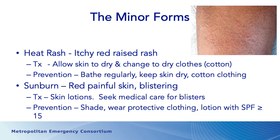Just talk about some of the minor forms of heat-related illness. Heat rash is out there. It's kind of like an itchy red raised rash, similar to what I've got there as a picture. You may see little what appear to be pustules or milia. It's a medical word for pustules. You may see that there, and it typically occurs with heat exposure, particularly in areas where clothing is in close